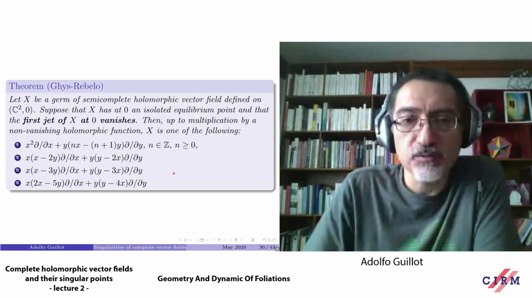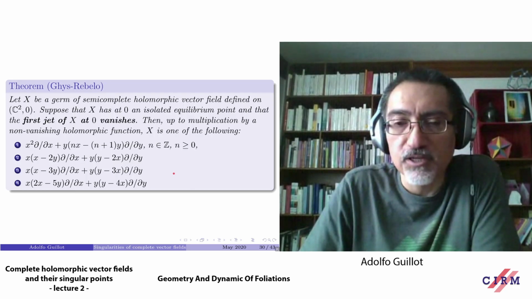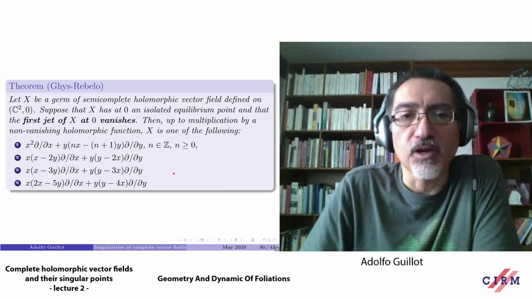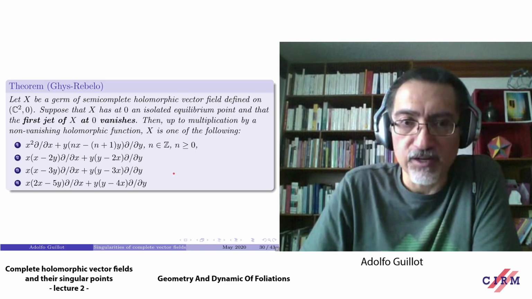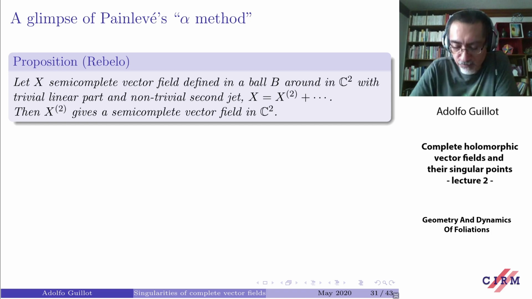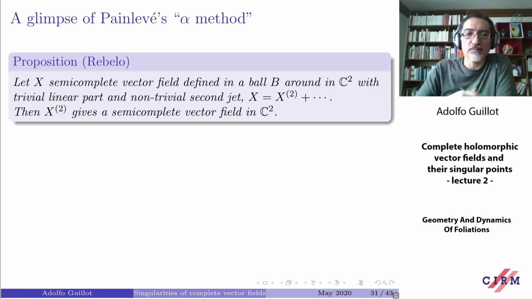And let me just finish this session by telling you where one source of these homogeneous vector fields comes from, using what we saw before about the closedness of the space of semi-complete vector fields. This was used by Painlevé thoroughly, this is Painlevé's alpha method. And what I will write here is a statement, also by Rebello. So suppose you have a semi-complete vector field in a ball around the origin in C2,